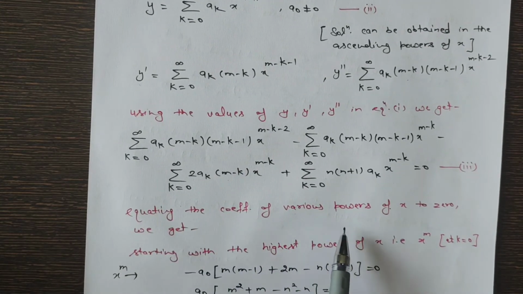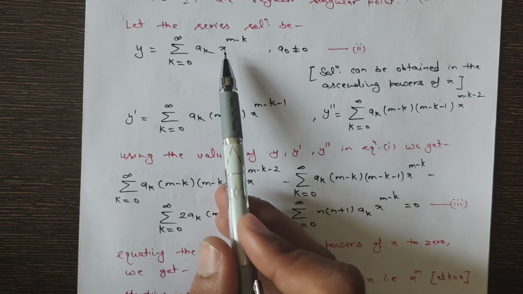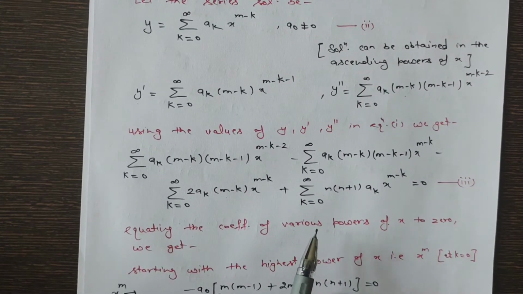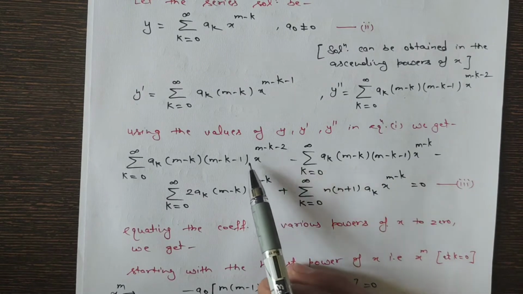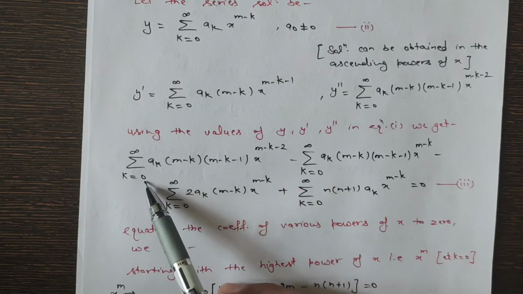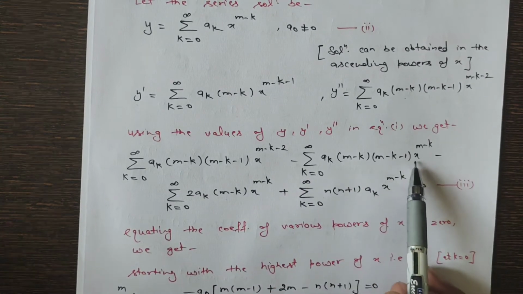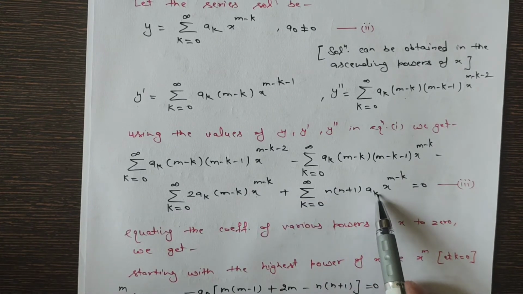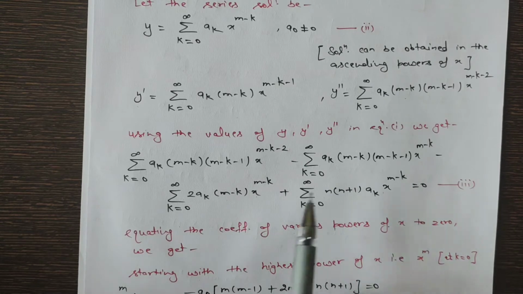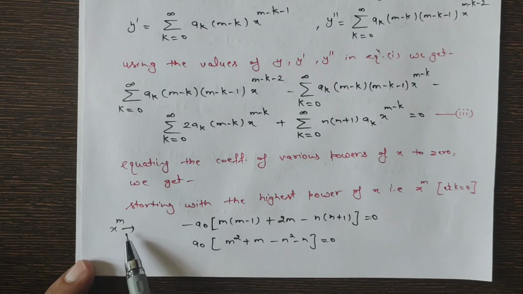So that's exactly what we had done here. Equating the coefficients of various powers of x to 0, we had considered the solution in descending powers. So we'll start with the highest power of x, and you can clearly see from equation third, the highest power of x will be x raised to power m. When k is 0, the first term corresponds to x raised to power m minus 2, and the other three terms correspond to x raised to power m. So while equating the coefficient for the highest power, x raised to power m corresponding to k equals 0,